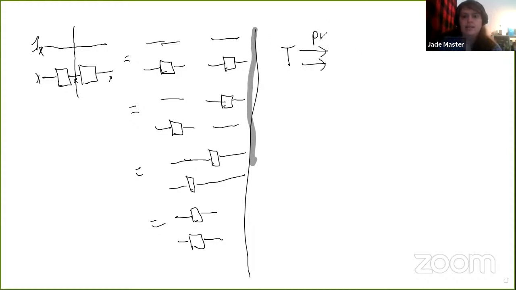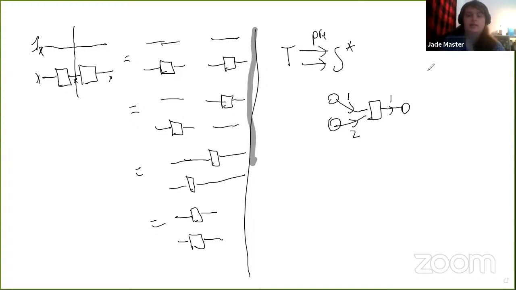And a pre-net is like a Petri net, except instead of a free commutative monoid, you have a free regular monoid. And the pictures of them now have an ordering on the inputs and outputs. So it's like this one goes in first, this one goes in second. This one goes out first, there's only one of them. And pre-nets freely generate strict symmetric monoidal categories. So there's an adjunction like this,